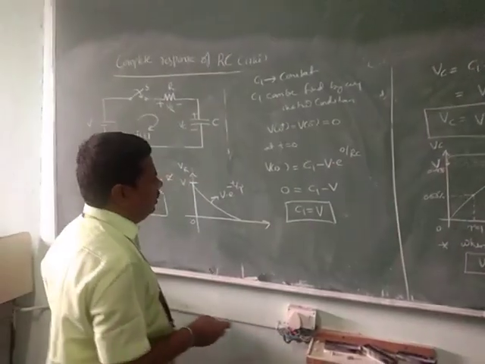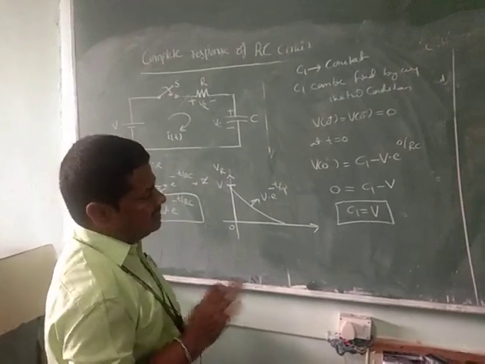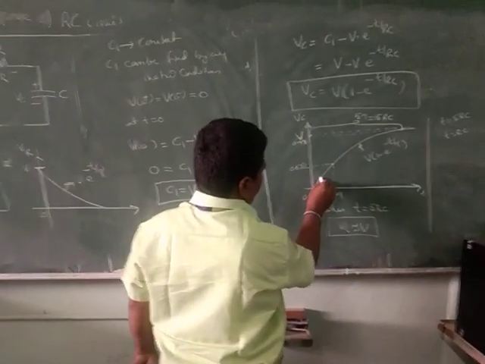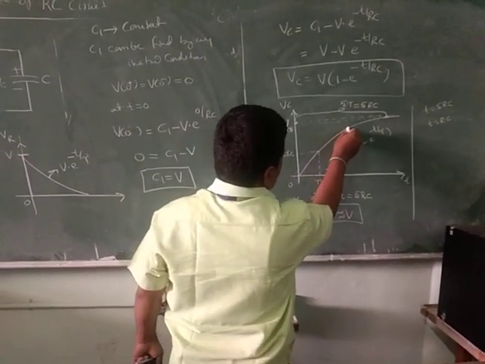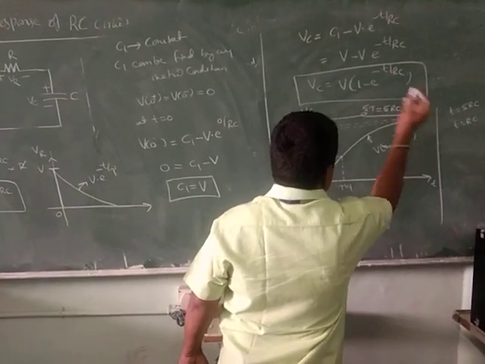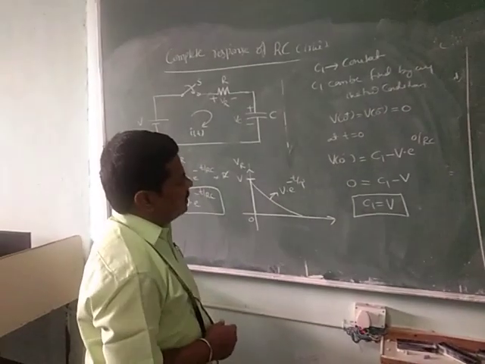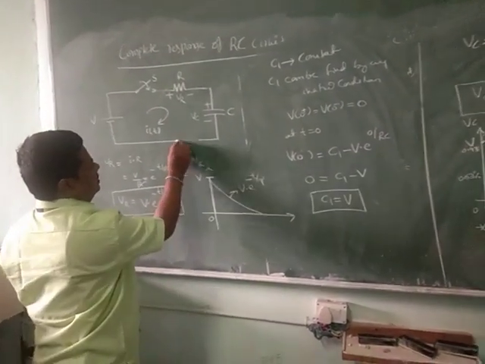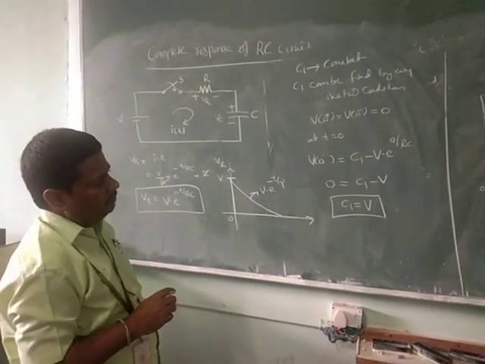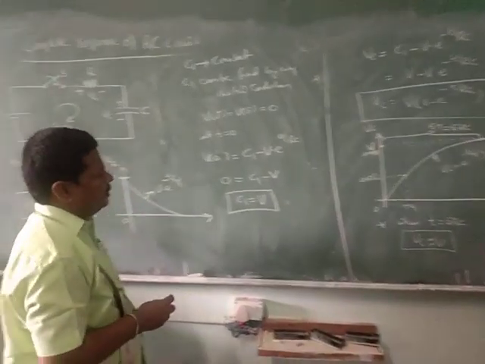The final observation here: we already know that the response consists of only the transient response. That means this is the natural response, slowly and continuously increasing. When it reaches the maximum, it will remain constant. In this case, there is no steady state response, only the transient response and forced free response. This is also called forced free response.